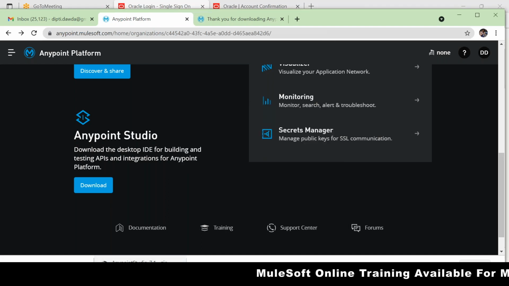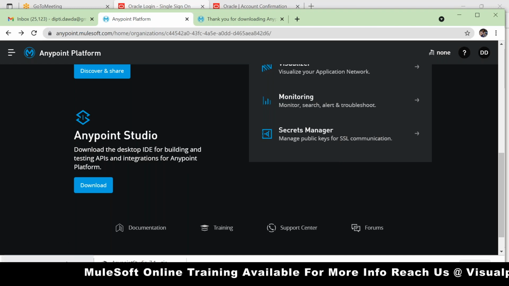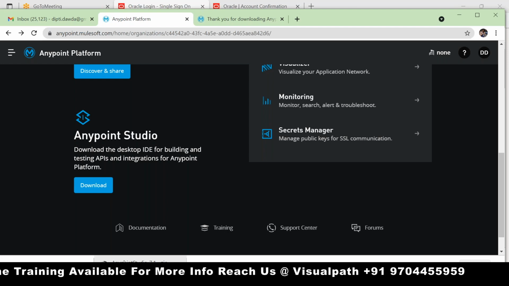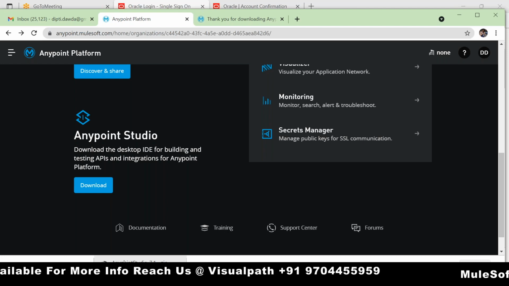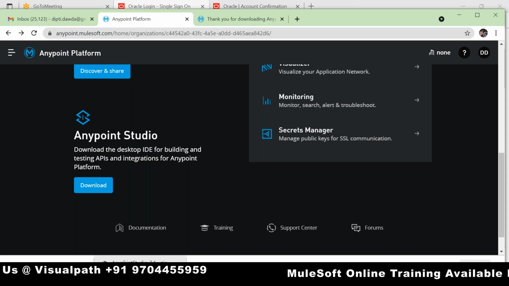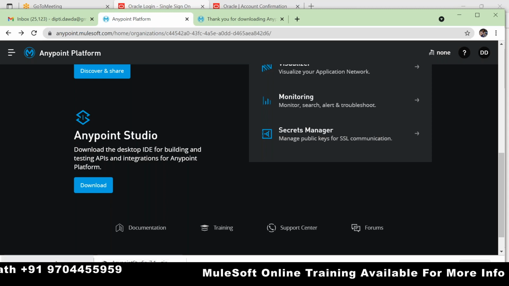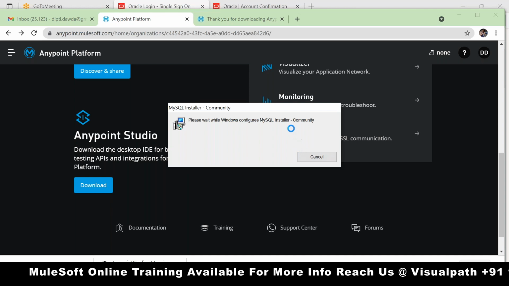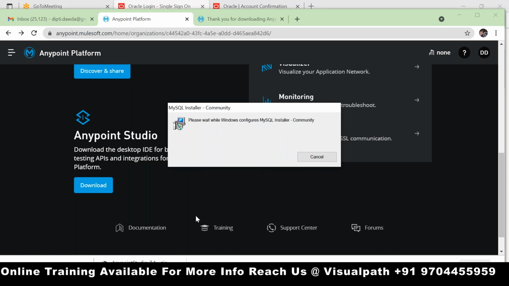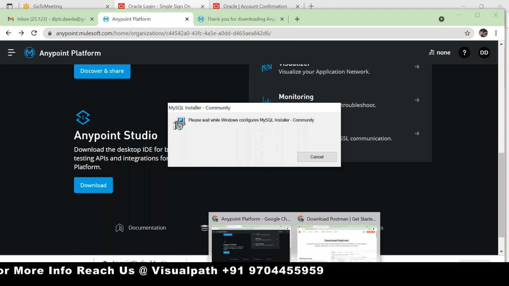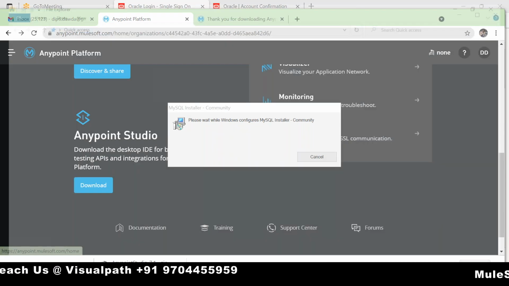Now we are installing MySQL. Okay, this is purely for training purposes, team. In real time, it may be Oracle, or MS SQL or DB2, or it could be anything. They are going to share the credentials with you. Based on the credentials, you have to connect to the specific database, and you need to pull out the data, or publish the data into the database. Okay.